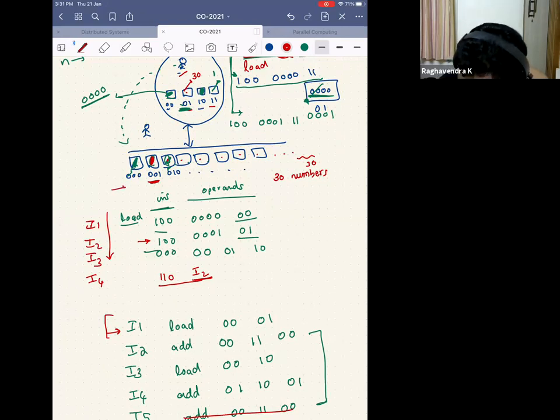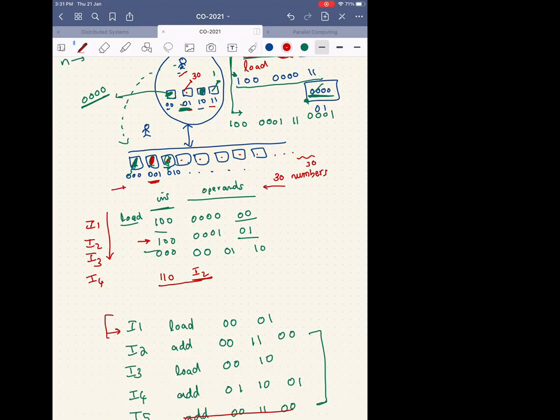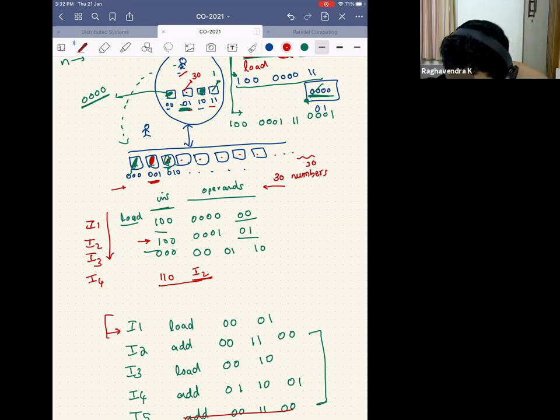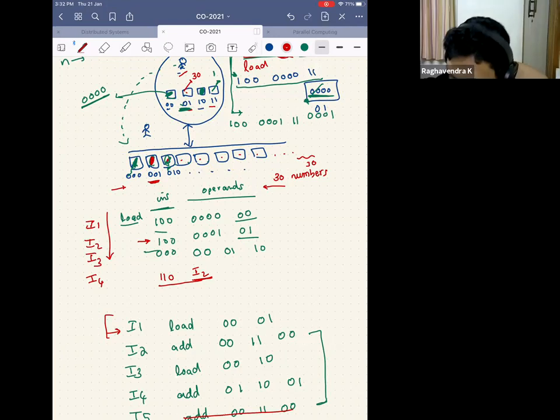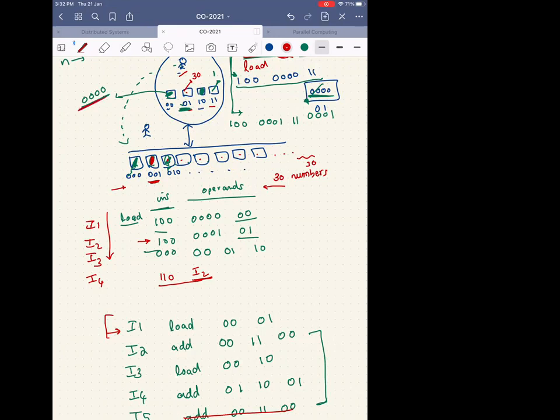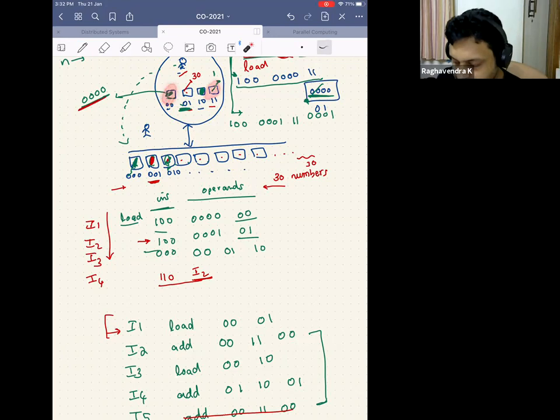If I do 30, then it will come from right to left, right? No, sir. I'm saying that in 1, 1 we have 1, and in box 0, 1 we'll always have the address 0, 0. Every time we'll increase the value of 1, 1, like 1, 2, 3, and till 30 it will go. Yeah, but how will you check till 30? That's the question. Whether you increment this box or this box, it's the same, right? But how will I know I have to increment only till 30? That was the question.